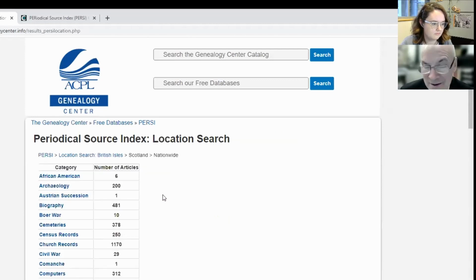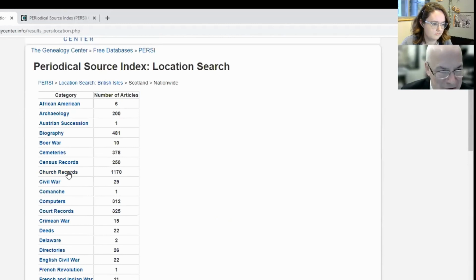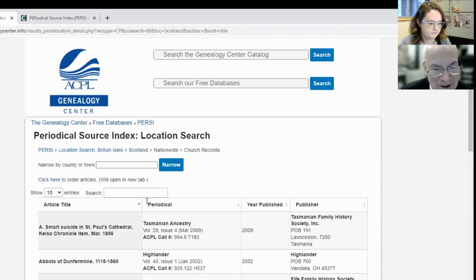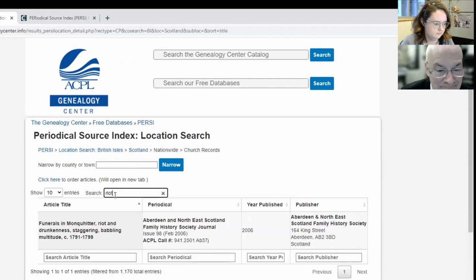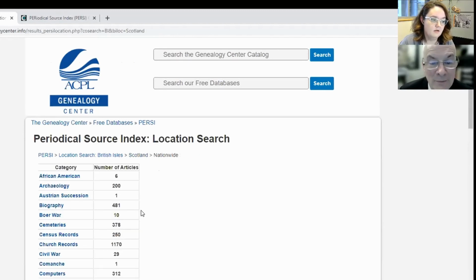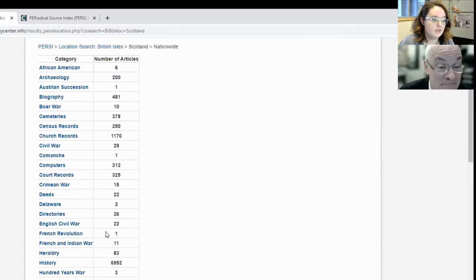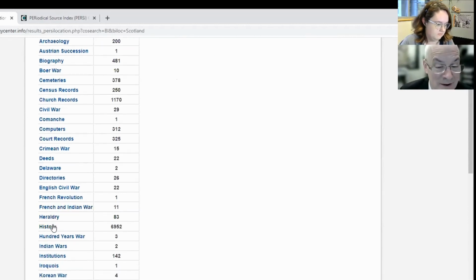And what we have under church records, we have 1100. So we could open that up and we could put riot, funerals, riot, and drunkenness. So maybe this is not going to pertain to what you're looking for, but you could also try history. That's a huge set.